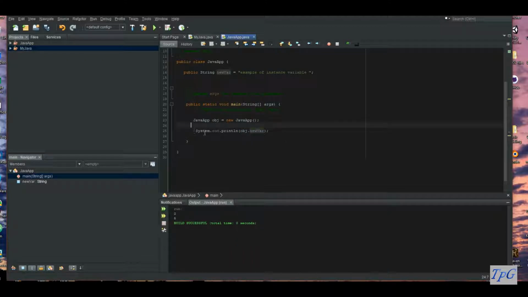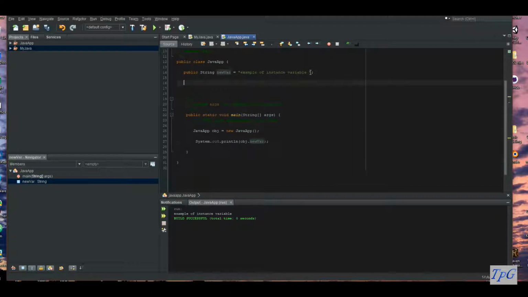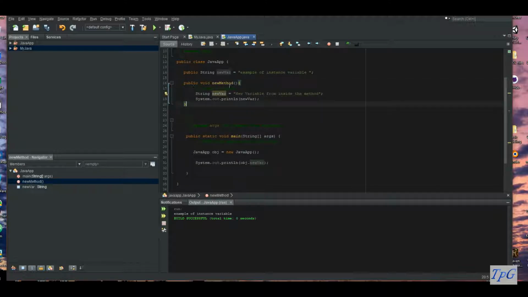Alright, so basically what we did here is system out, print line, the object that we just made a new object of right here, and the new variable. This just allows us to change whatever we've got the instance of. So there we go. It's an example of an instance variable, which is what we defined up here. Now, just to show that that can be changed in other ways, say we wanted to do a method similar to C++ or anything else that you might have already done a method in. Again, I've saved myself a little bit of typing. I've called this new method,